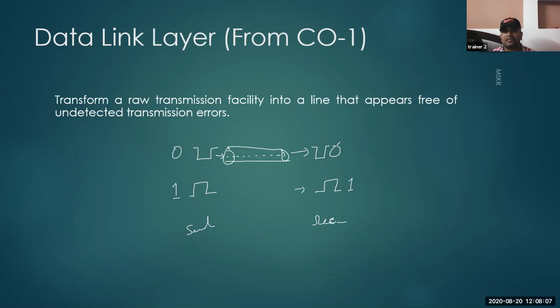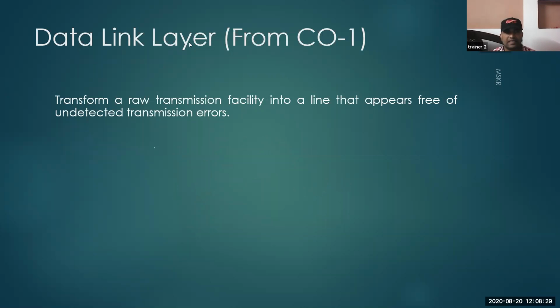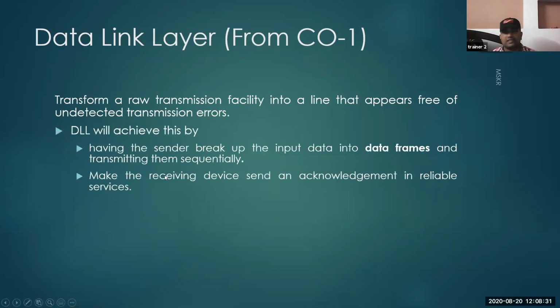But what the receiver is not sure about is whether there is some problem that happened in the transmission medium or not. That means whether there is some disturbance in the transmission medium or not. So who will take care of that? The data link layer will take care of that thing. To take care of these things, the data link layer provides different mechanisms, or what you can say are different services.